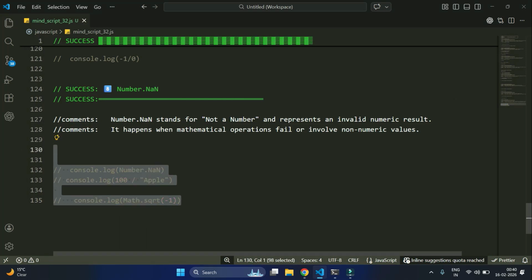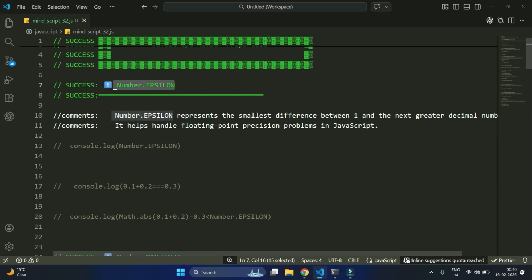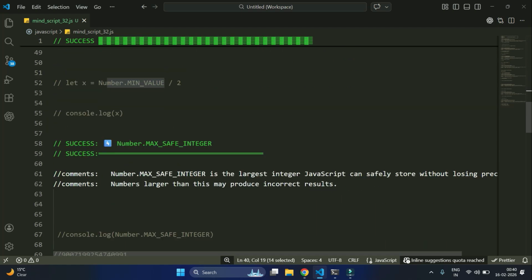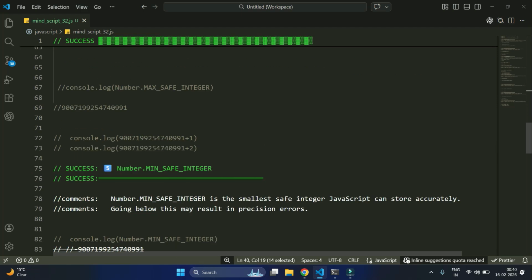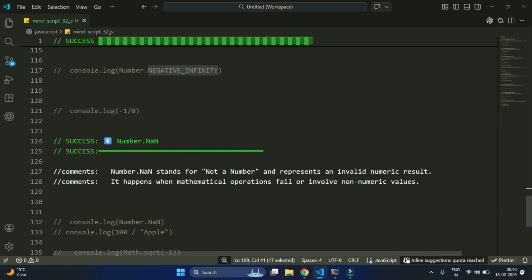So this is all about your JavaScript Number properties. What we have: Number.EPSILON, Number.MAX_VALUE, then MIN_VALUE. Here we have the safe integers, MAX_SAFE_INTEGER, MIN_SAFE_INTEGER, POSITIVE_INFINITY, NEGATIVE_INFINITY, then Number.NaN, not a number. So always remember JavaScript numbers have limits. If you do not understand these properties, you might create bugs in banking apps, payment systems,